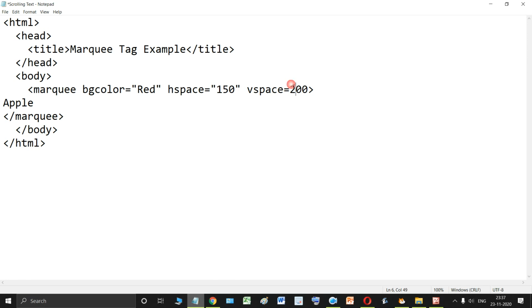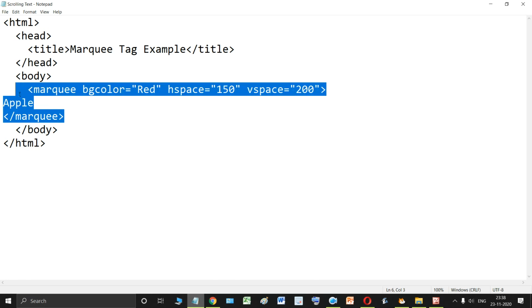V space means vertical space, that means at the top and the bottom of the page. Let me refresh this. So see, now 100 space is left here. Now you'll say that sir, at the bottom it is looking more than 100.